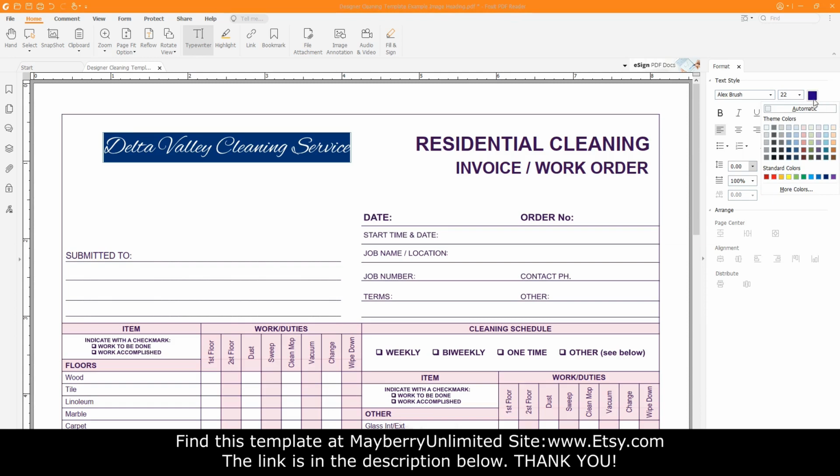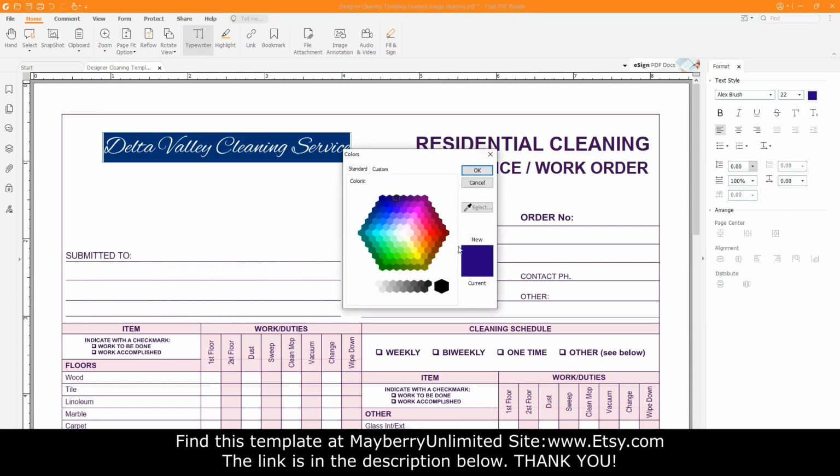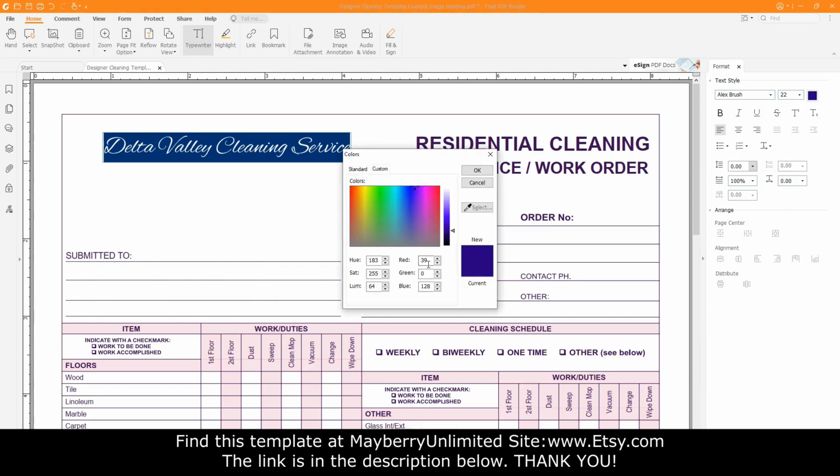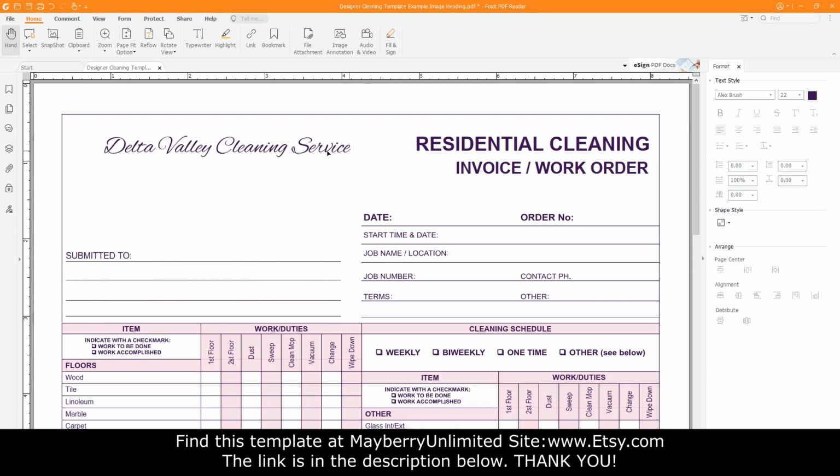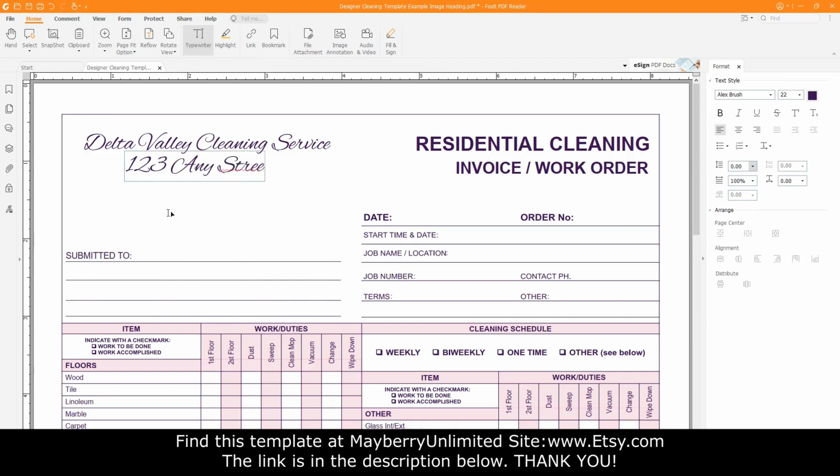This template has a very specific purple, so I'm going to go ahead and put in the code for that purple. You can copy it if you wish. Now let's take a look at it. Okay. That looks pretty good. Now just go ahead and add any other text that you would like,